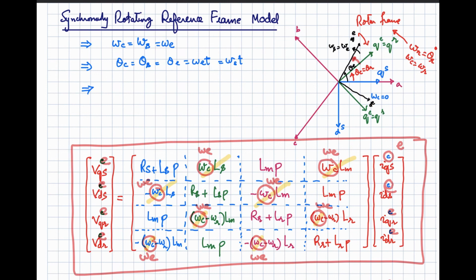So if I summarize this video, we have seen the induction motor dynamic model equation in three frames of reference. The stationary frame of reference, that is fixed, not rotating, speed is 0. The rotor frame of reference, where the DQ frame is rotating with the speed omega r. And third is the synchronously rotating frame of reference, which is rotating with the synchronous speed, and that's why it is called the synchronously rotating frame of reference. We will be using these models, these frames of reference, later on to implement a complete drive system when we will be discussing the field oriented control.